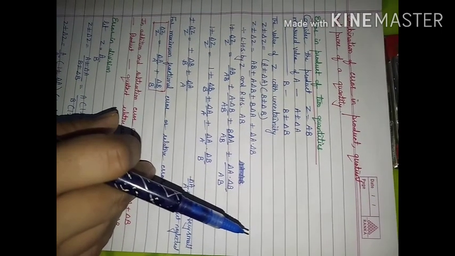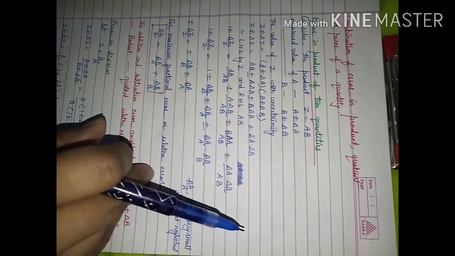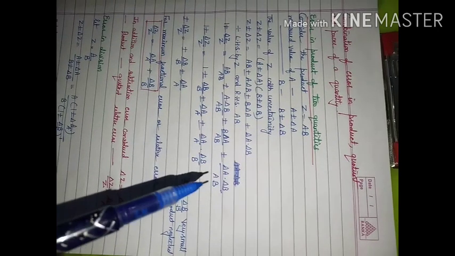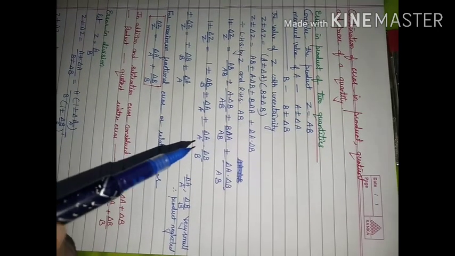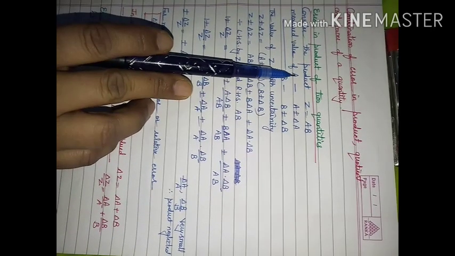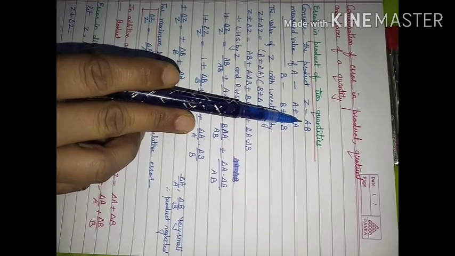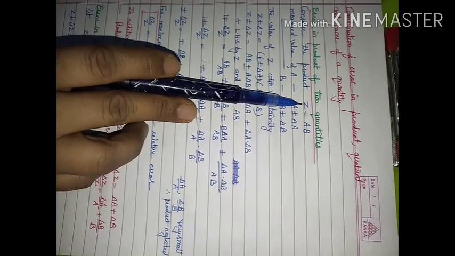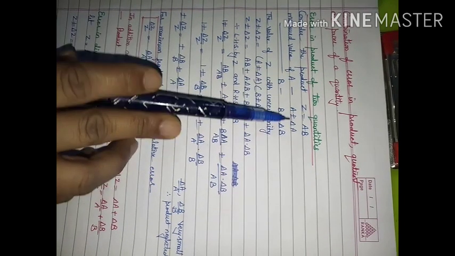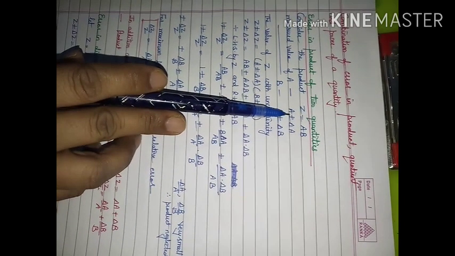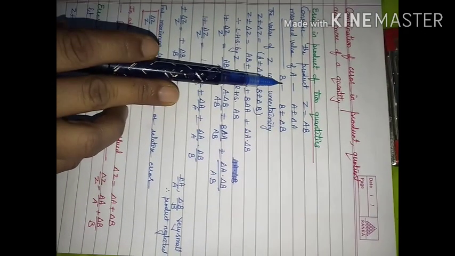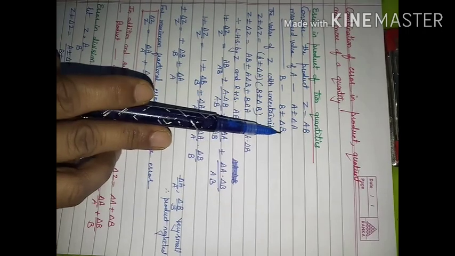There are so many calculations where we need multiplication of two quantities, and if these two quantities are with error, then how to calculate the result with error, this we will consider. So for this, let us consider the product of two quantities A and B is given as Z, and the measured value of A will be with a certain uncertainty. So this is A plus minus delta A, and the measured value of B is B plus minus delta B.